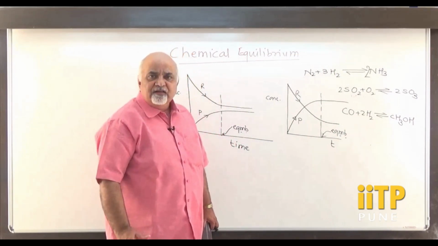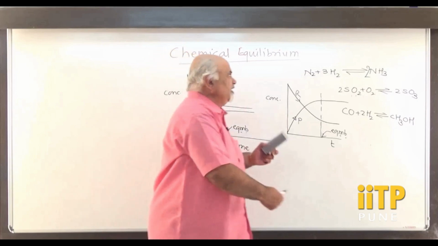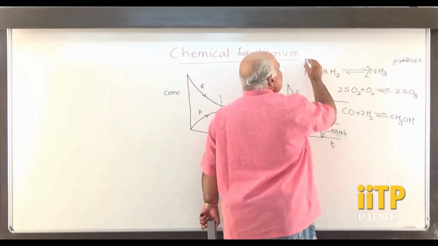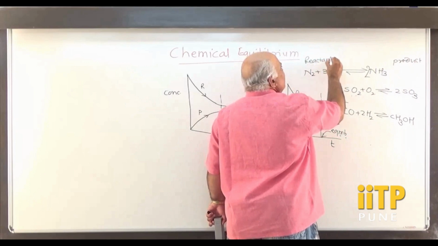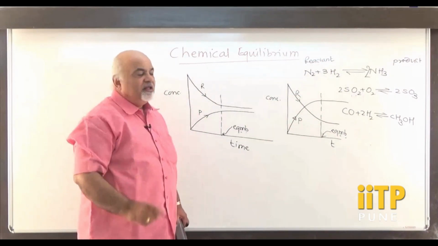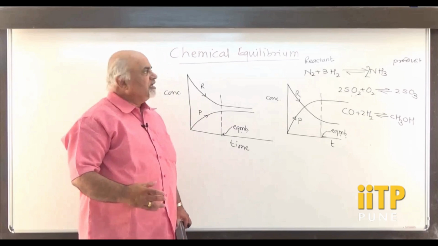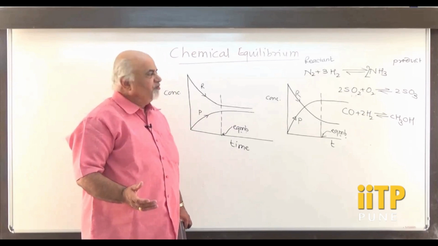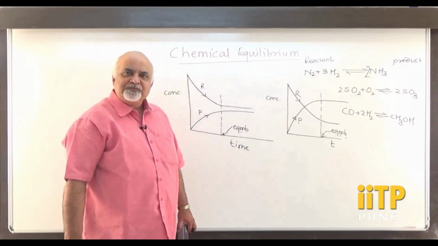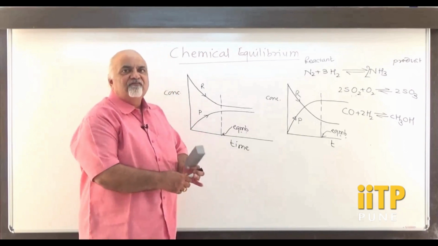Only what we can do is we can shift the equilibrium to the right side or to the left side. Right side is the product side and left side is the reactant side. So we can shift the equilibrium to the right side or left side by changing the process conditions. Product side favorable means the equilibrium is shifting to the right side. And if you don't want the product, equilibrium will be shifted to the left side where more and more reactants will be produced. In short, the conversion will go down.